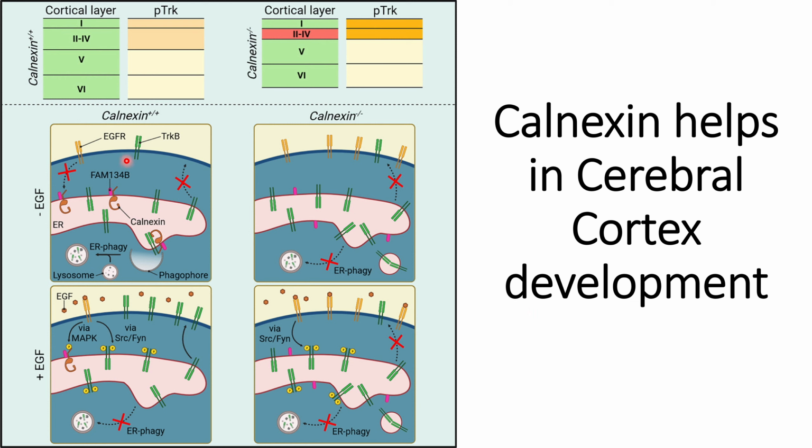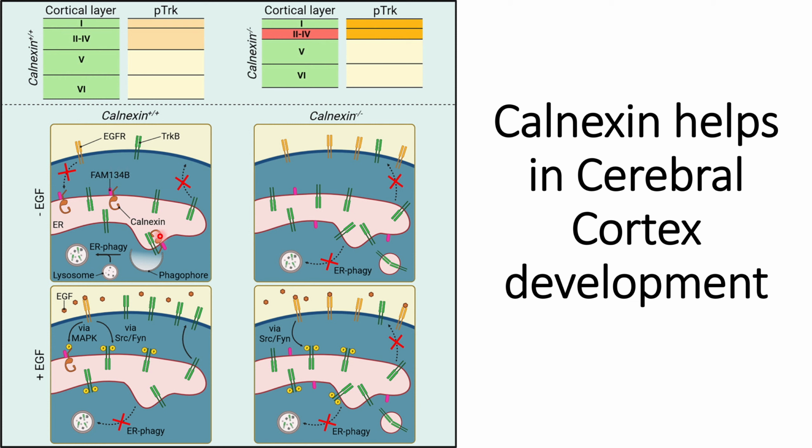So what is the normal process? The normal process is that EGF interacts with EGF receptors, thereby triggering more TrkB to express on the cell surface. However, when EGF is not present, or the EGFR is defective, in any of these cases, what people have observed is that there is